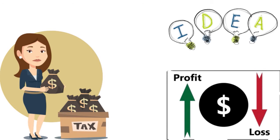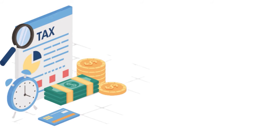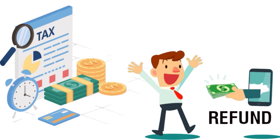One thing I really want you to remember is that if you are filing business taxes with EIN, only if you have a C corporation right now, only on that form must you pay whatever tax liability the IRS is showing you. And only on that form can you receive a refund. So if you can pay, then you can also receive a refund. So what does that mean? It means by extension that if you are